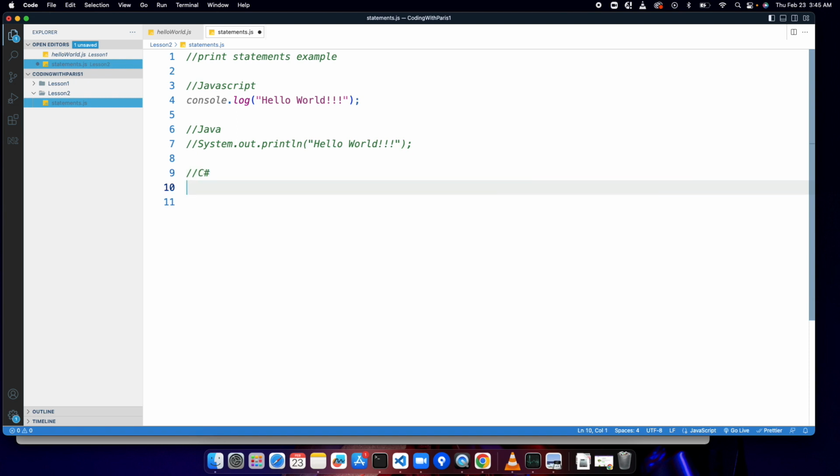That is usually written Console.WriteLine, and I believe it's a capital W in WriteLine. Hello world, right? So if you had a C# environment, you could run this and it would print hello world. For now, those two little lines I'm putting in front of each line here are a comment,